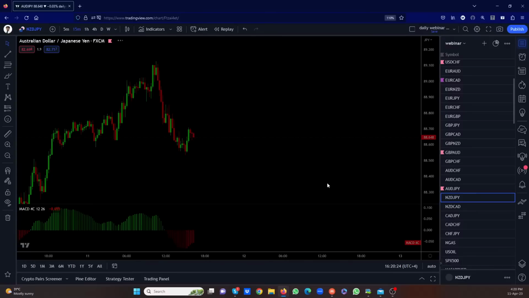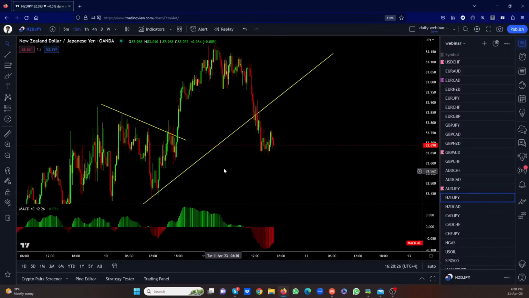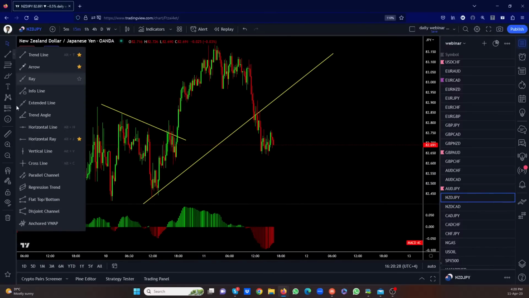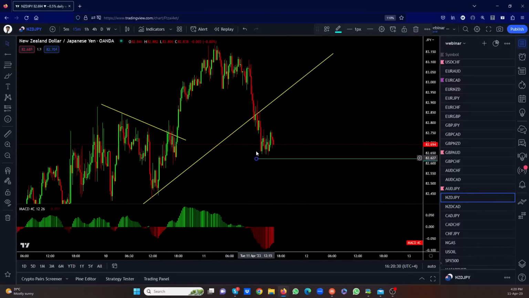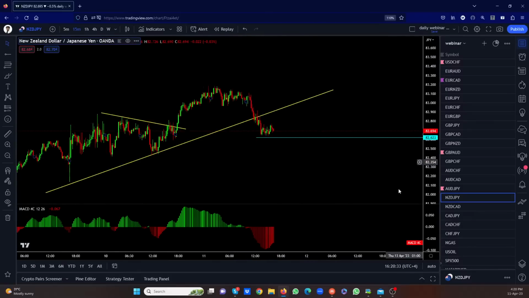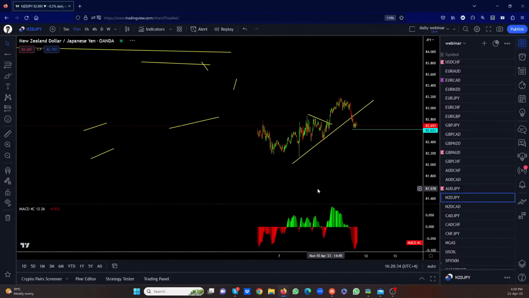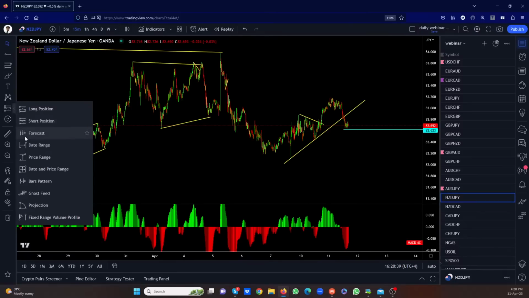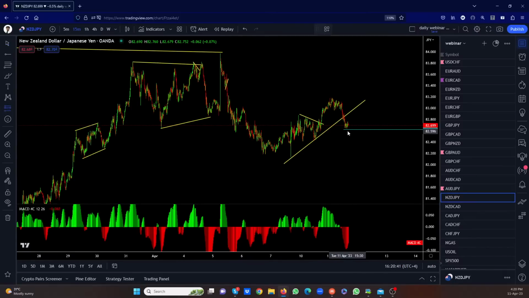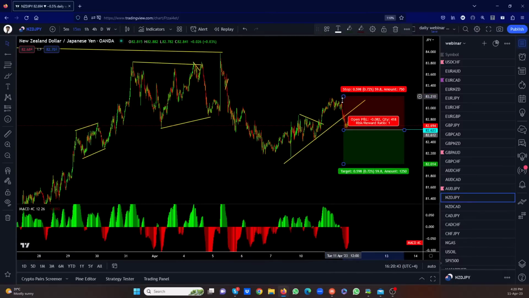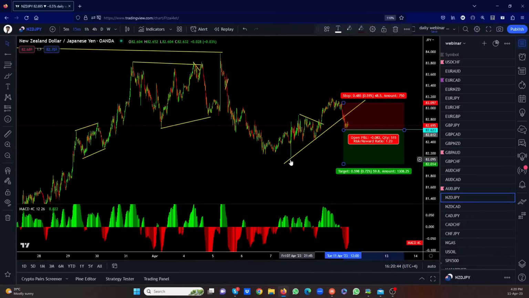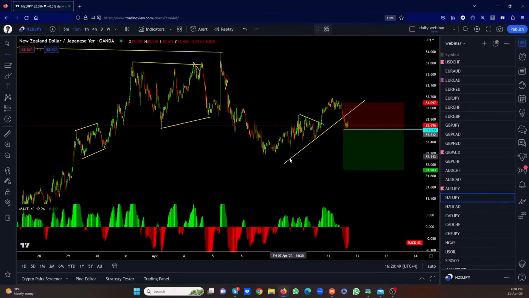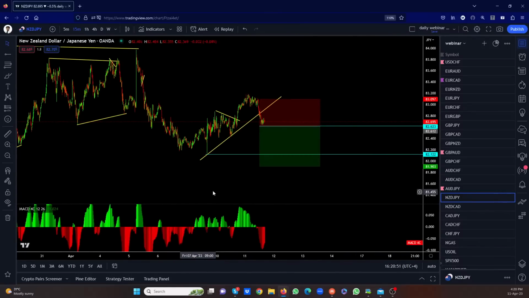New Zealand yen, pretty much the same thing. Well, we can actually put an entry order here for a sell. Put an entry here, put a stop here, and we're targeting the low. So this trade would be like this. Put an entry there. Let's go with the trade. Put a stop just above this and target the break of this low. That's the trade. So you get 1 point something.